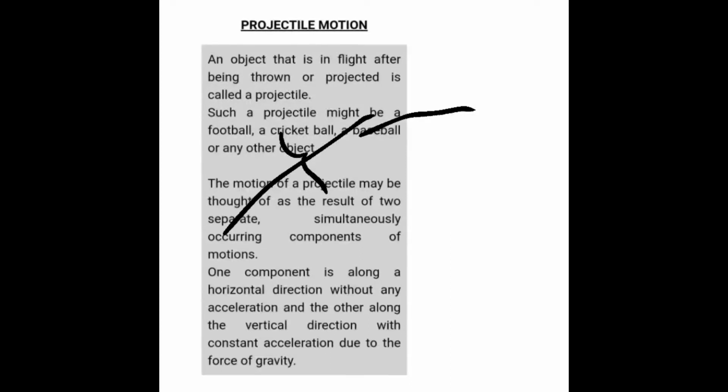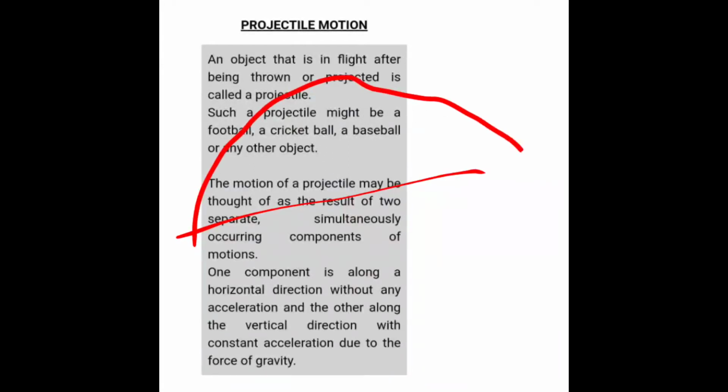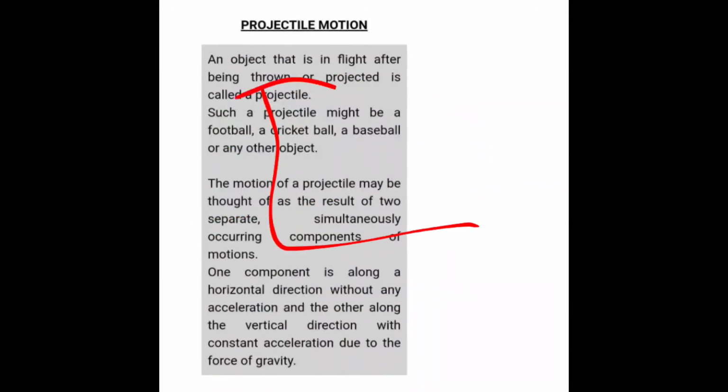But when we throw a stone with some initial velocity, then due to the force of gravity it falls down. Now if I say it is being thrown from a ground or from a certain height, then after a certain point it will fall down, right? It was projected with some initial velocity, so this is called a projectile, and this total trajectory we say is projectile motion. Projectile motion can be when an object is thrown from the ground, or when an object is thrown from some vertical height.